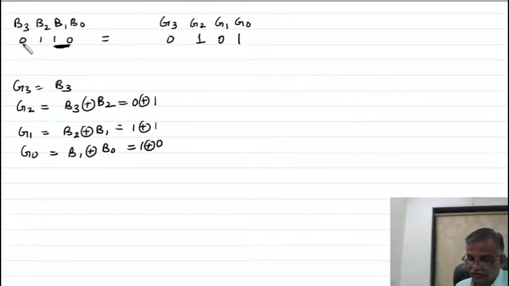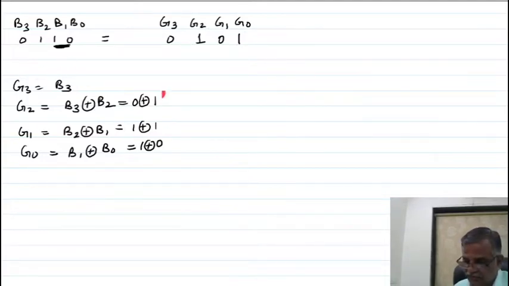See again, these have as it is. Exclusive OR of these 2, 1. Exclusive OR of these 2, 0, 1. So in this way you can convert the binary into gray code.